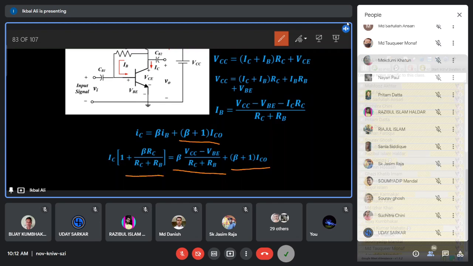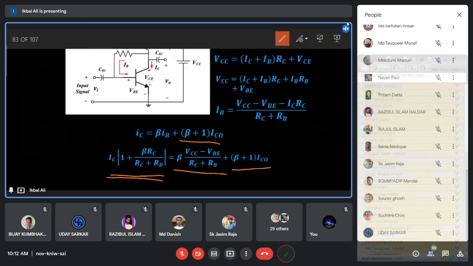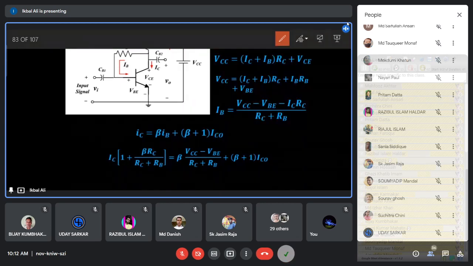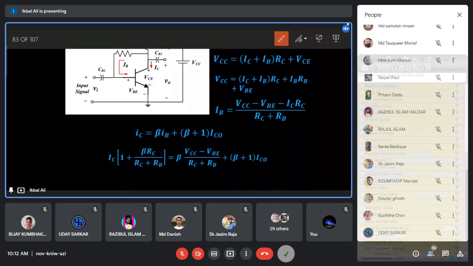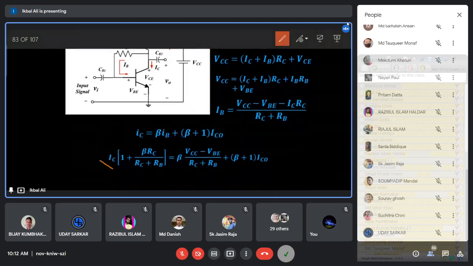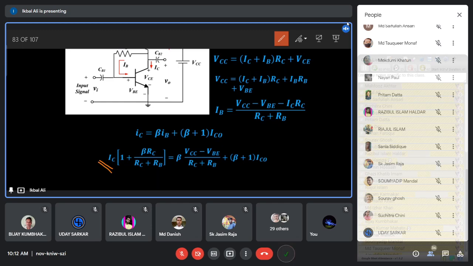So this is very easy. Now this equation actually gives you the stability concern. Why is it so? Because you see that this is the collector current flowing through the transistor, and this collector current is a function of three parameters already in this equation. You see that this collector current is a function of beta. One beta is here, another beta is here, and the third beta is here. So this collector current equation is now a function of beta.